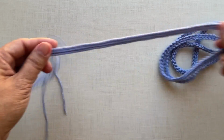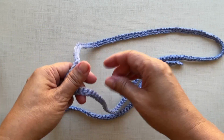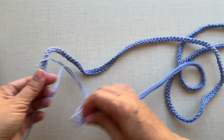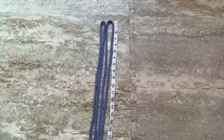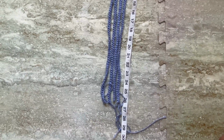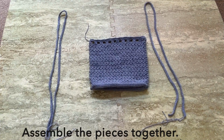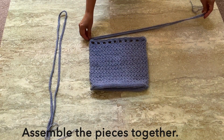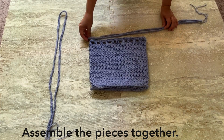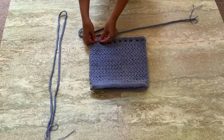So this would be our string for the backpack, and we would need two strands of this string. So crochet another strand of exactly the same pattern. And here are now my 2 strands of strings, exactly the same pattern, exactly the same length, and at 220 chains, this measures about 26 inches. Lay the pieces like this with 1 string on each side. Then this first string will go like this way, with the ends of the strings towards the right. Then take one end like this and insert it through the holes like this,